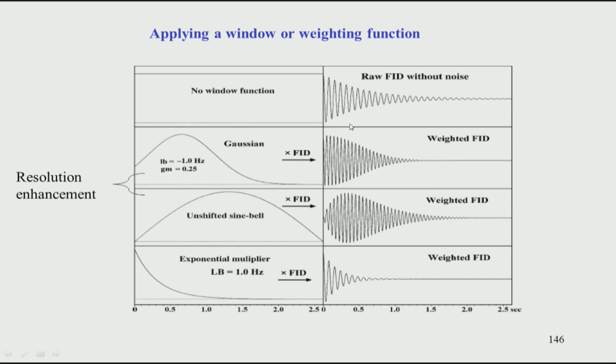But let us say you are not interested in improving signal to noise, you have very good signal to noise anyway, and your interest lies in the resolution, meaning you want to separate a peak. If you want to do better separation of peaks, then this portion of the spectrum plays a role, the later part of the FID. Now, how do you rationalize this, how do you understand this?